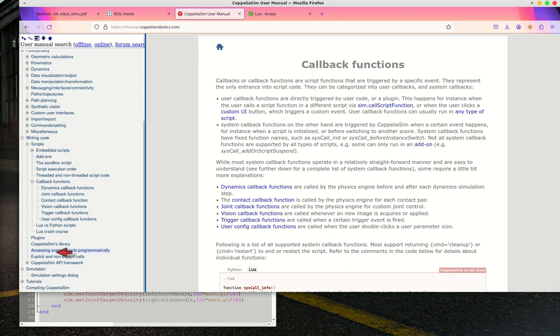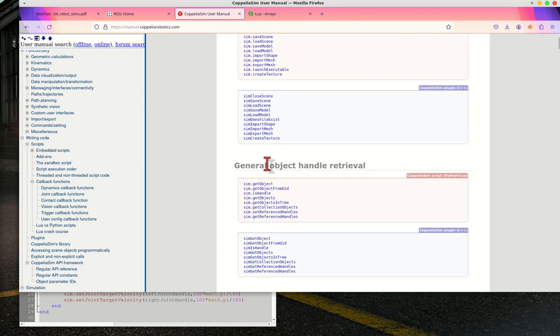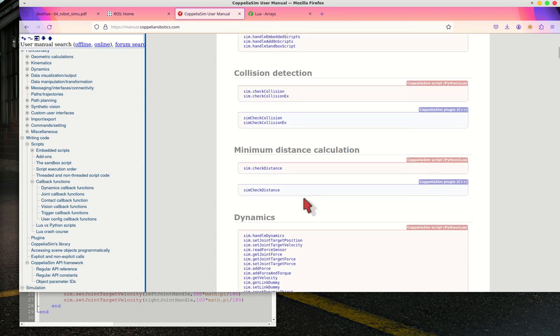Simulation here. Okay, this is the framework, regular API reference, this one. So this is all the API provided in CoppeliaSim.